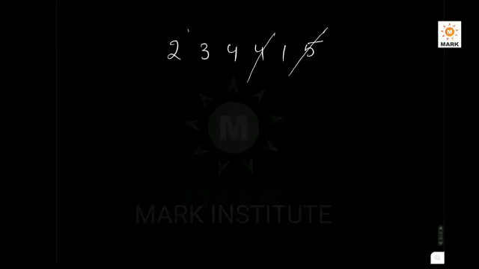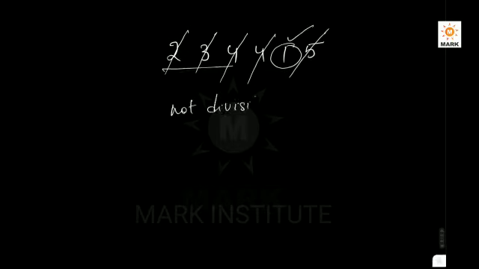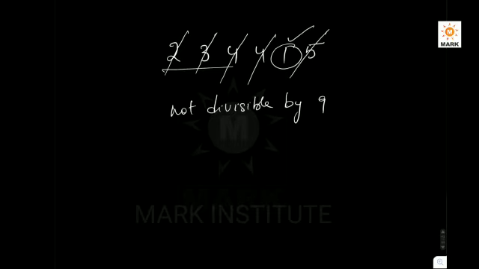Suppose there is one more number, 2, 3, 4, 4, 1, 5. Tell me whether this number is divisible by 9 or not. Immediately 5 and 4 will make 9. And look at here, 2 plus 3 is 5, 5 plus 4 is 9. These three numbers will make 9. There is one number left which is not 9 or not a multiple of 9. That means this number is not divisible by 9, because 1 is not a multiple of 9. That is why. If there is any number left, that should be only 0, that you know very well, right?